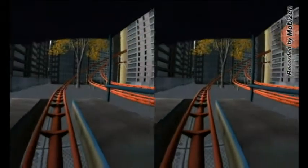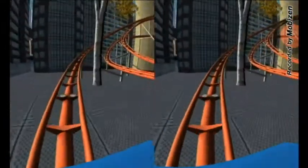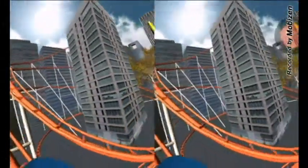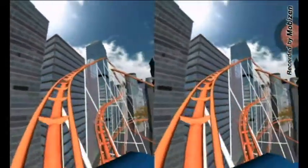Here is another free application called Dive City Coaster. You'll find that there are a lot of free roller coaster apps for Google Cardboard. It seems to be a popular one. This one, as you would guess, is a roller coaster ride. And as somebody who is terrified of heights, it is about as close to an actual roller coaster as I will